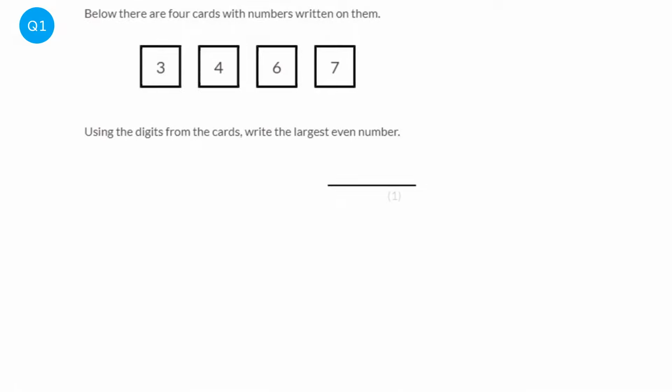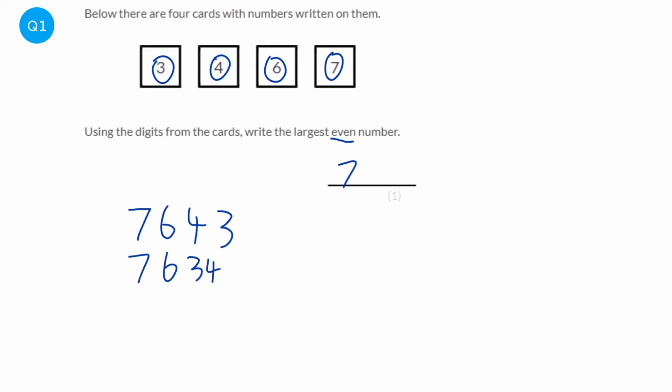Enjoy! For us to create the largest number, we need to pick the biggest digits for the start of the number. So the biggest digit is 7, then 6, then 4, then 3. But the question says it wants the largest even number, so we need to just swap the last two around to make sure that it is even. So our answer is